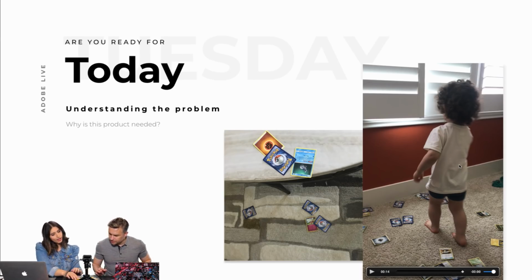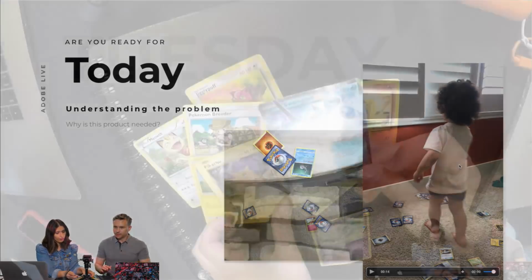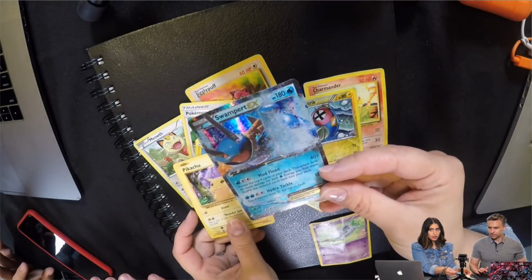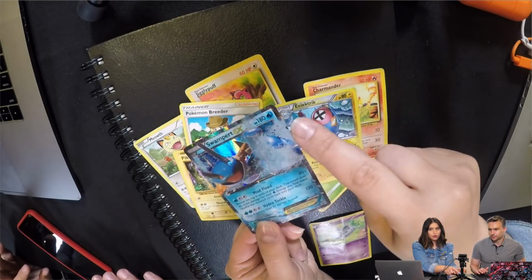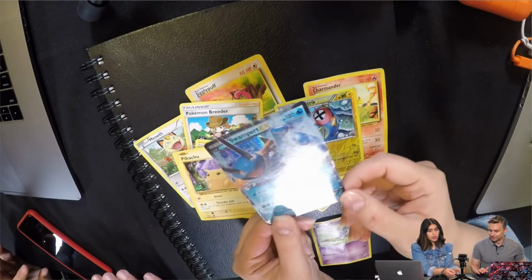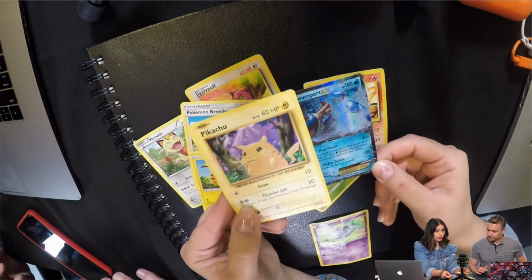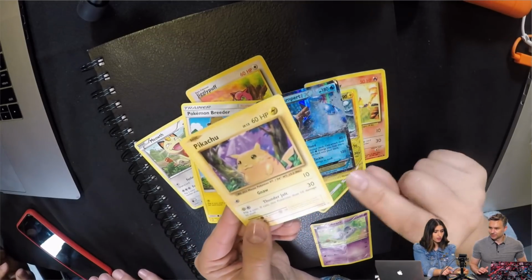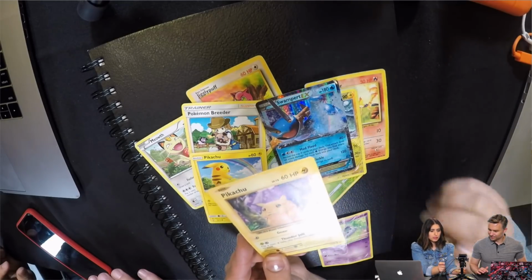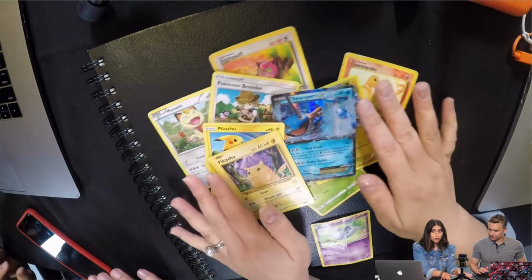And what are they? The EX versions. I got schooled by my kid this weekend. Look at this. Can we switch to this camera? Yeah, of course. Look at that, because that card stands out. So this is an EX card, and it's super fancy, and it has health of 180, and the attack is 120, which is super intense, compared to Pikachu, who is one of the favorites, whose highest attack is like 30, and his health is like 60. So basically the cards should look like this.